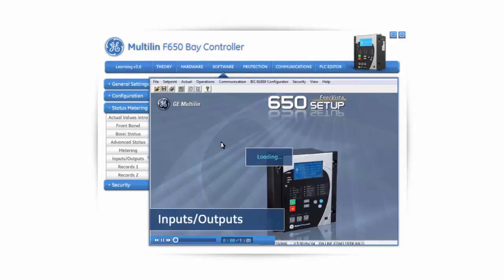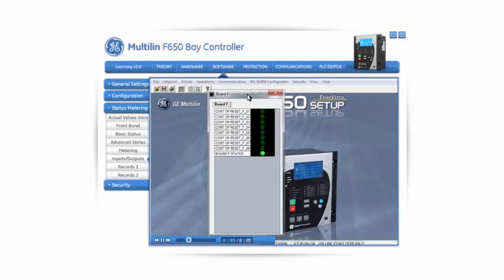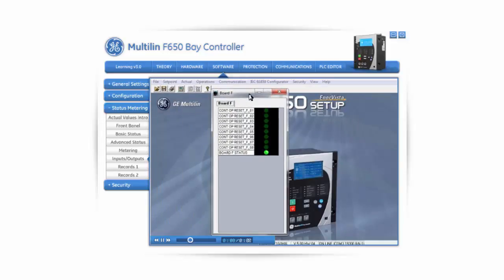The menu Actual, Inputs, Outputs shows the status of all the signals the relay may send or receive, all the contact, virtual, and remote outputs and inputs. Navigate through the menu to find whichever signal panel you wish to display, select it, and a window will appear showing a list of signals. Beside the name of each of these signals, there is an imitation of an LED which will be lit when